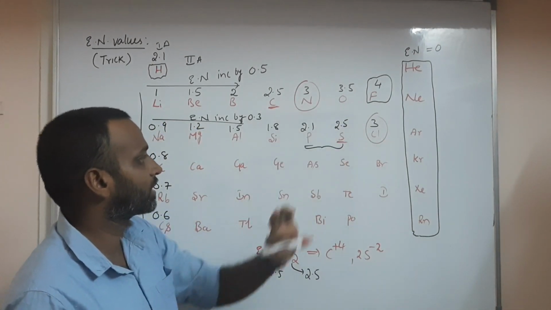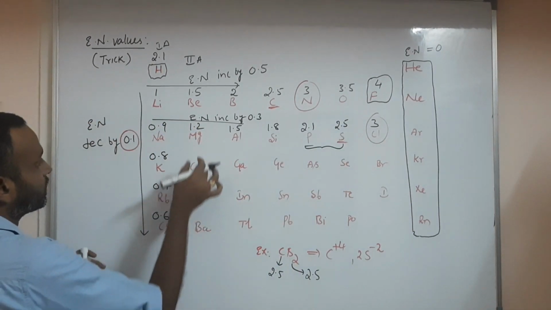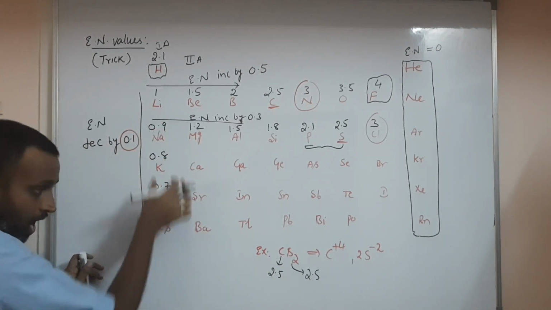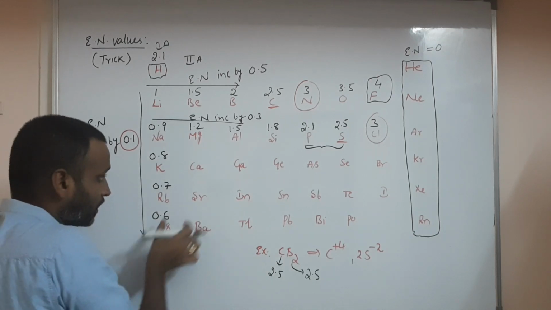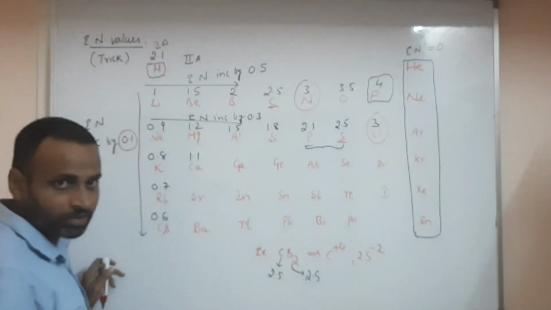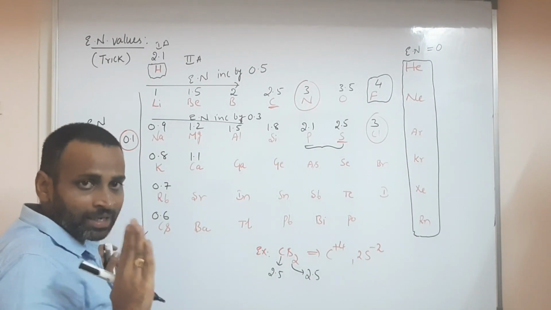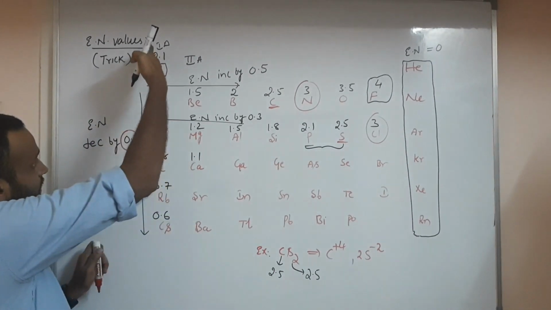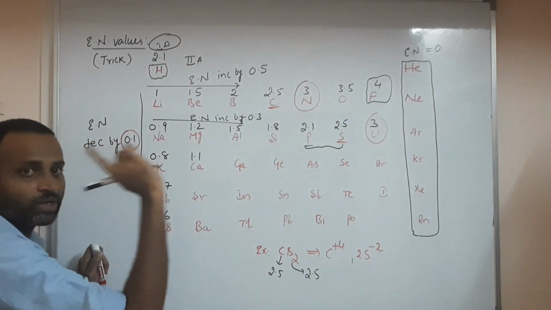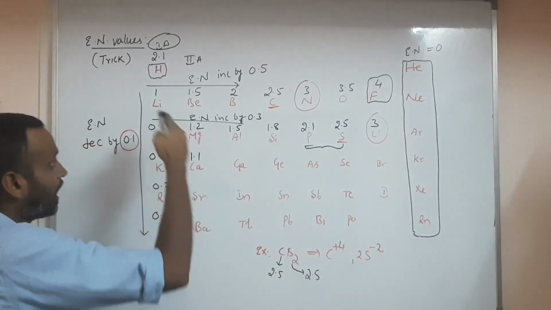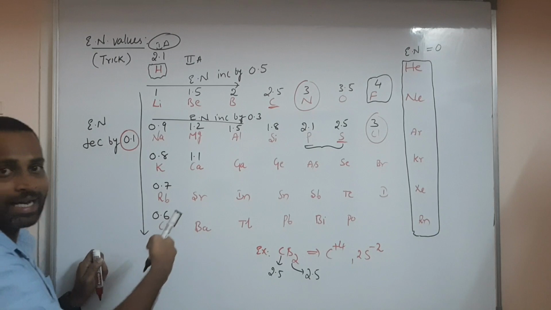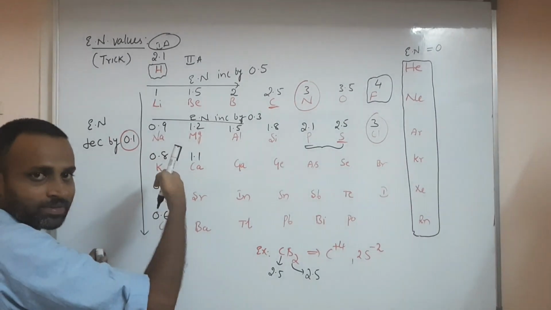Now what remains here? Here also you have to decrease by 0.1, as in the first group. So it's 1.2, then 1.1. Got it, everyone? You have to remember electronegativity values like this. First remember the 1A group, starting with hydrogen 2.1, the reference atom. Electronegativity starts with 1 and, from top to bottom, what happens?